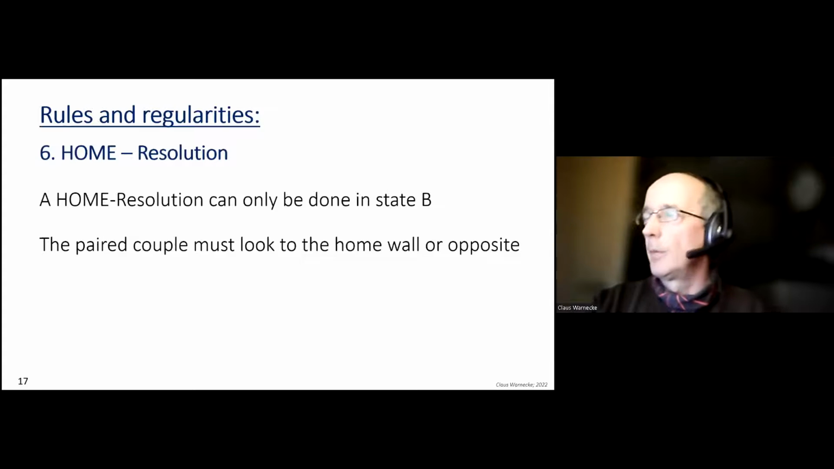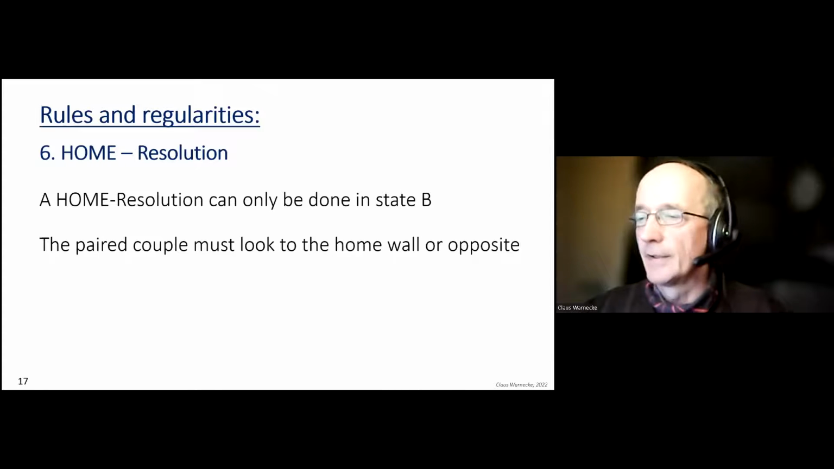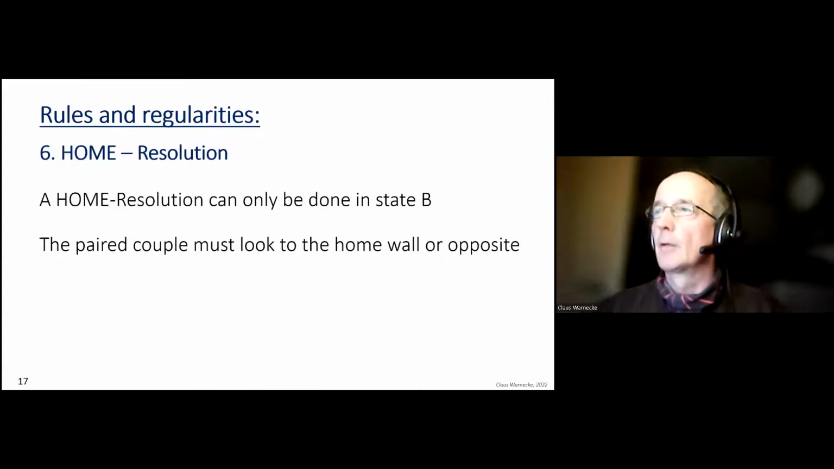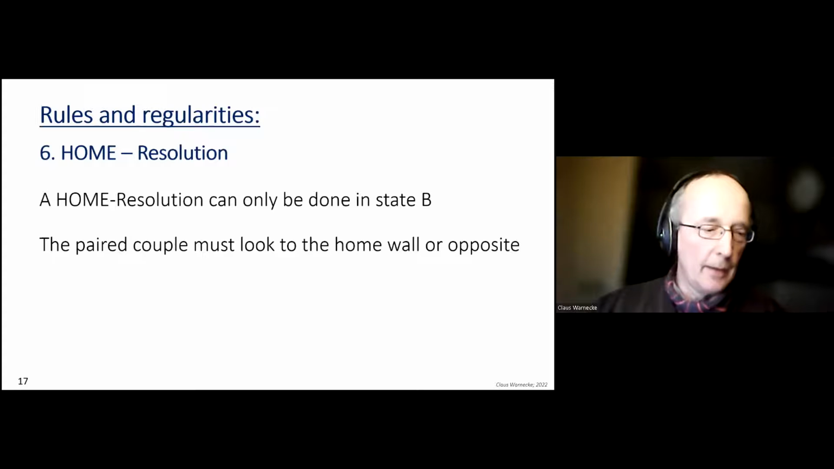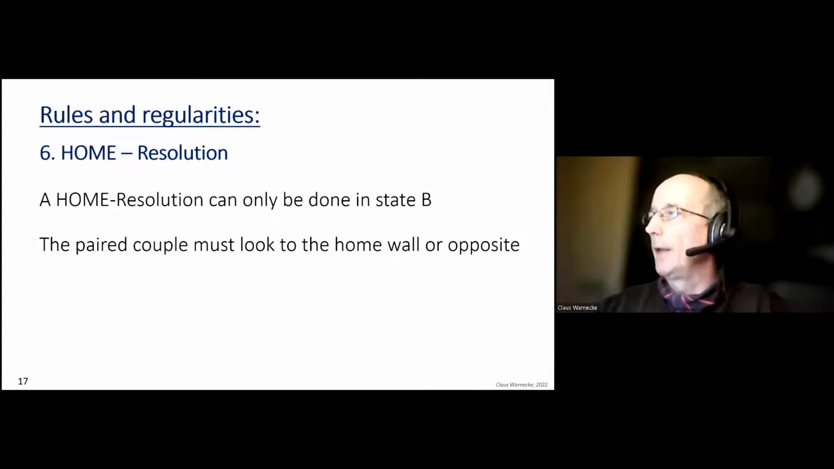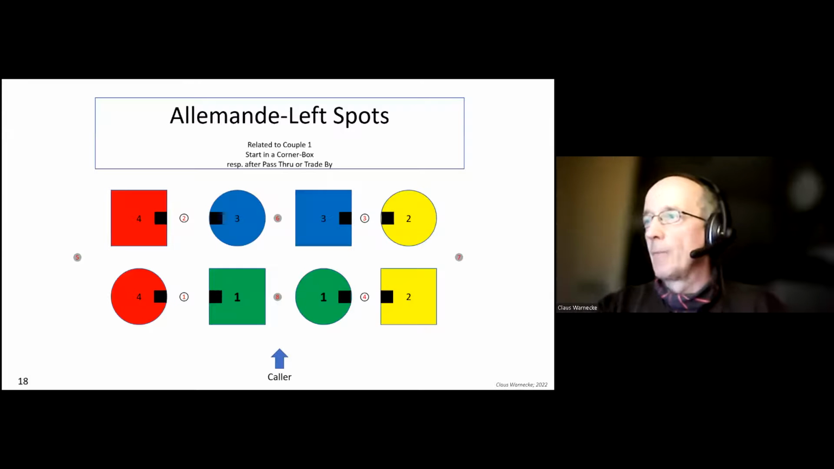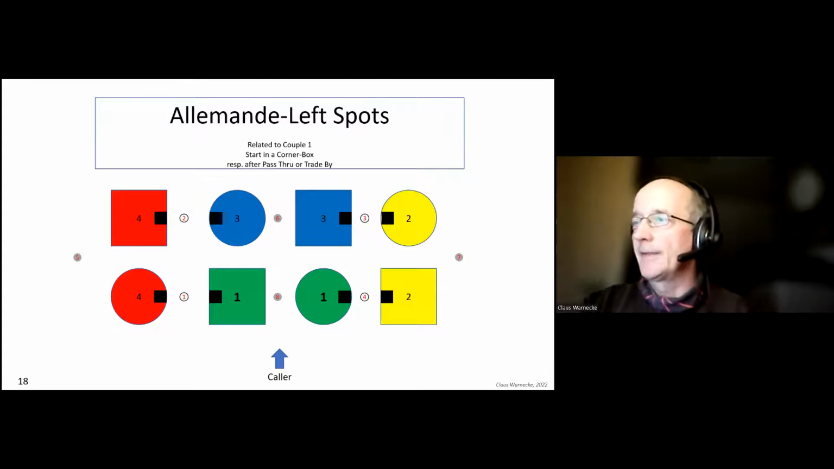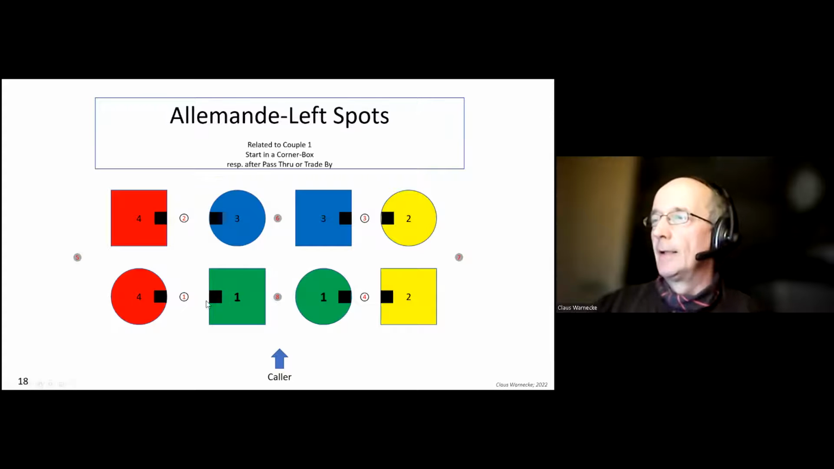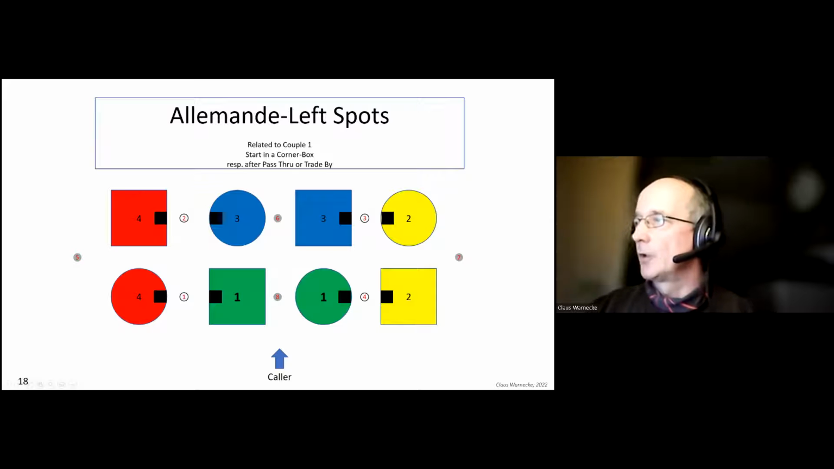Home wall or opposite, I call it. If we call the side couples paired, they must look at the side walls, and the head couples must look at the head couples if you want a home resolution. Here are my element left spots. I numbered them 1, 2, 3, 4 in an H chain through formation, and 5, 6, 7, 8 in trade